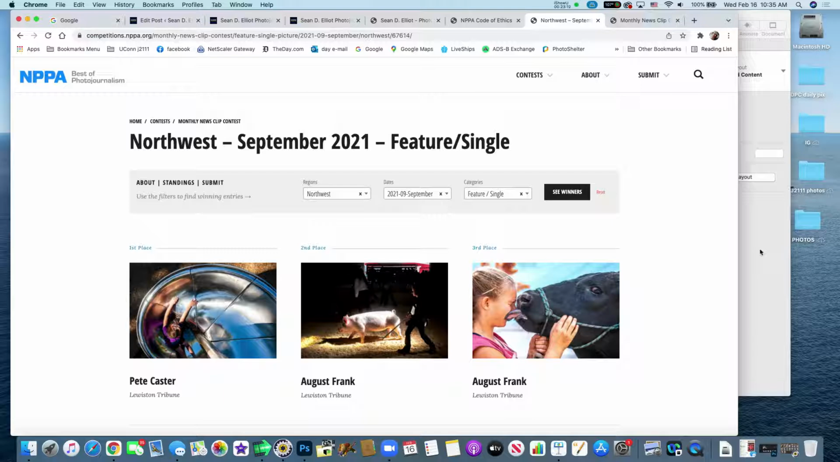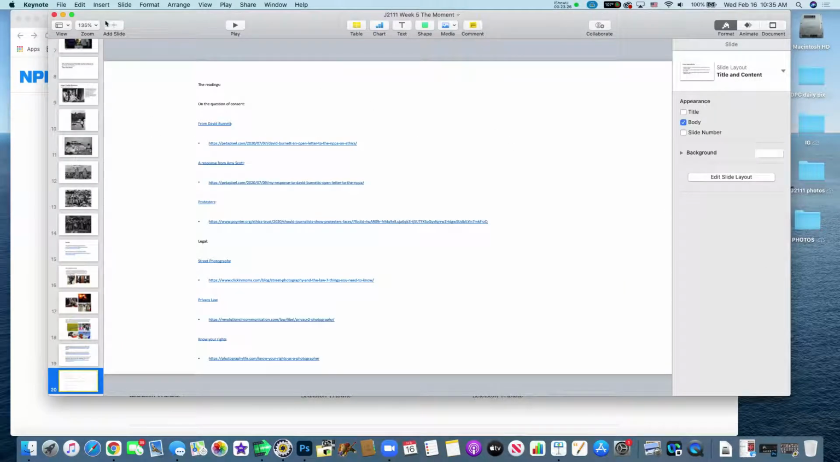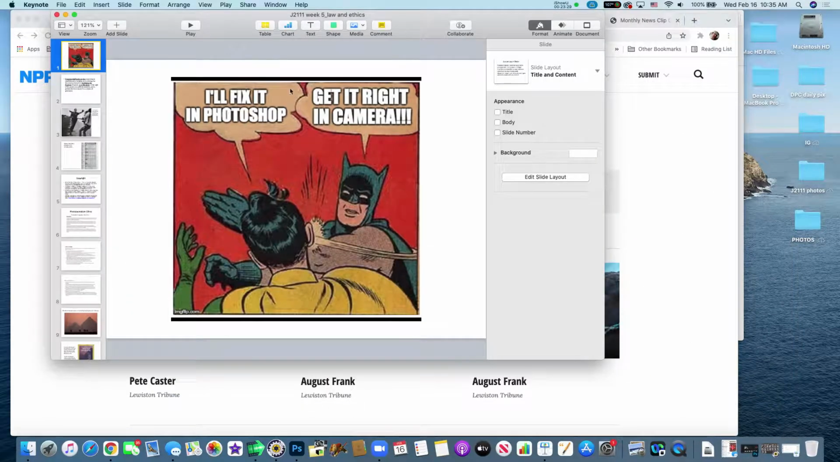Any questions? News feature photos? You're all carrying your phones all the time, so when you see something, take a picture of it, right? And then you just have to remember to get the information for your captions. All right, so I'm going to close that one out, and we're going to segue into